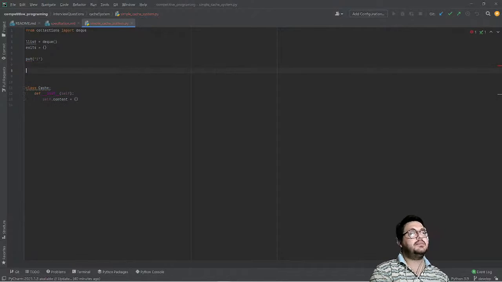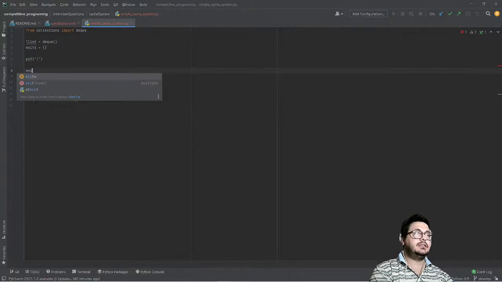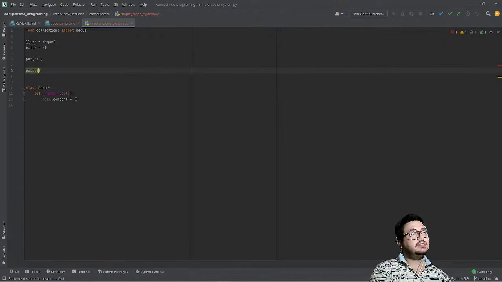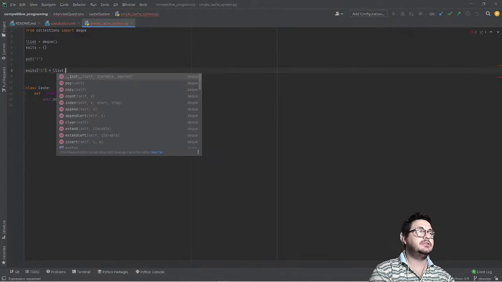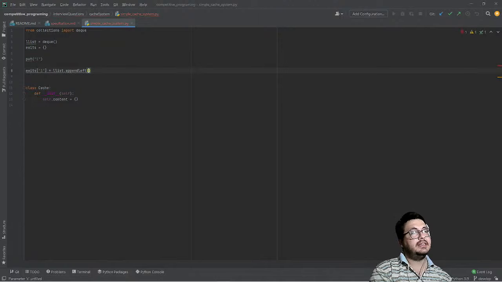What needs to happen is that it exists in one, equals to another list, appendleft, popleft, something like that.